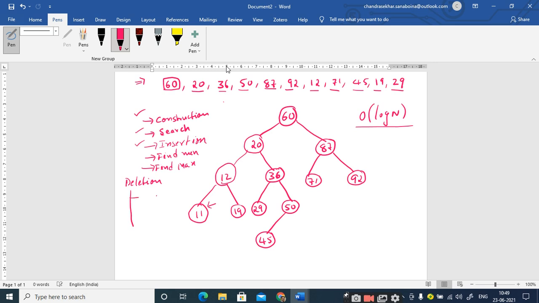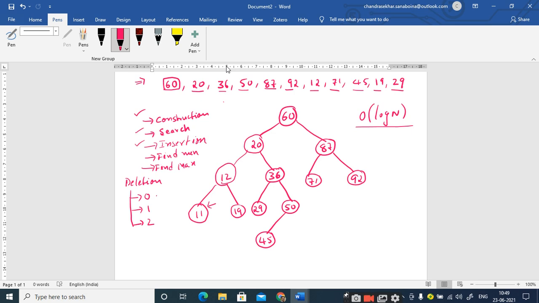As I told you, there are 3 different cases of deleting nodes. Either we can delete a node with 0 children, or a node with 1 child, or a node with 2 children. So depending upon the number of children it has, the complexity will increase, right?